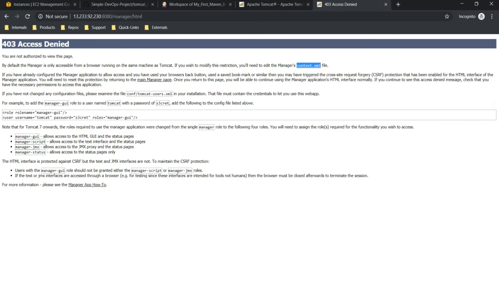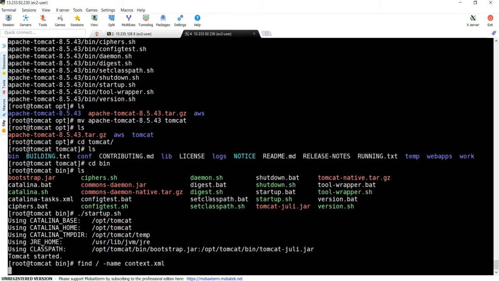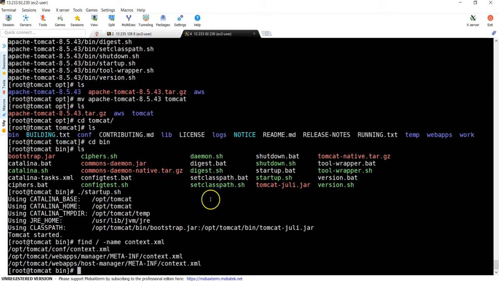So let's go and find this file. find / -name context.xml. You can see here three files are there, but we don't consider this one. We need to consider the files which are under webapps. Let me edit it,